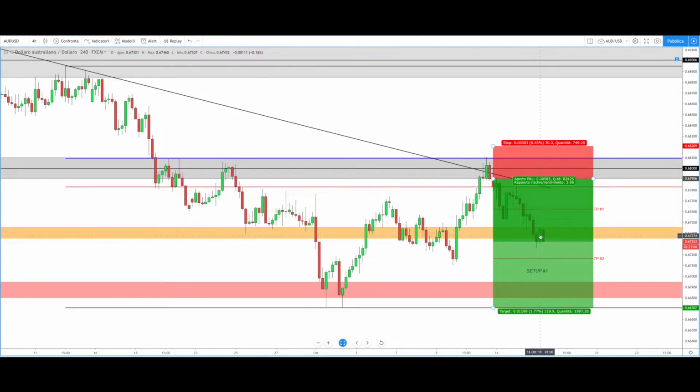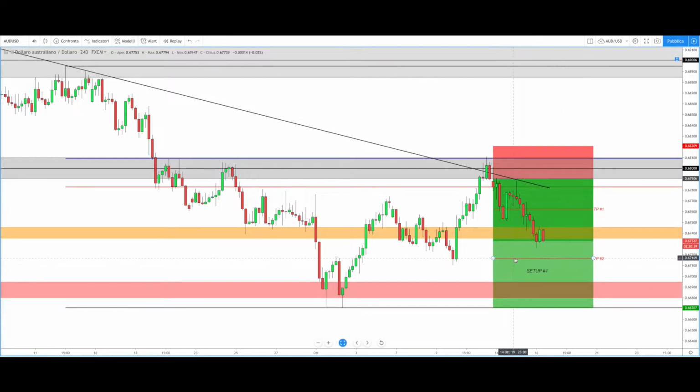Just after this touch and this break, the price tried to go higher and formed this bullish engulfing candle. But this morning the price failed to go higher, and now the price is forming a clear bearish engulfing candle. So if this candle is confirmed, this will be a massive signal that could bring the price to touch, first of all, our take profit 2, and I place this take profit around this area, because we can see